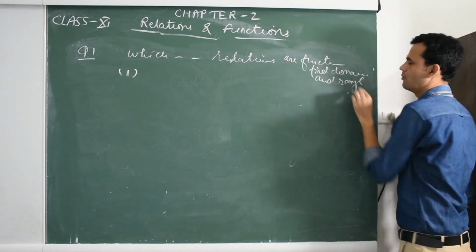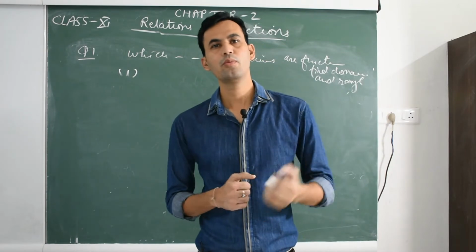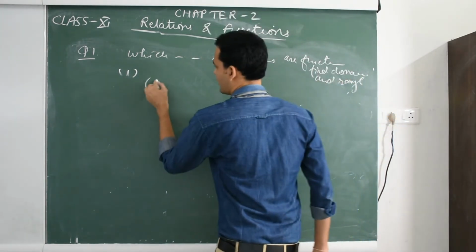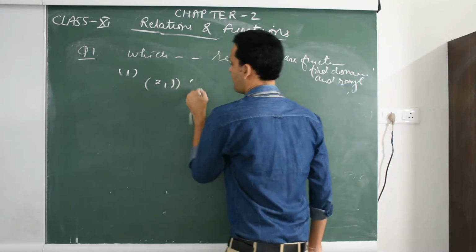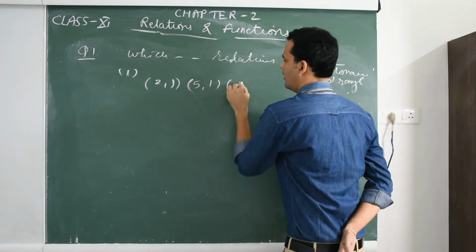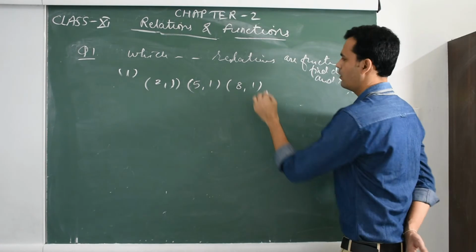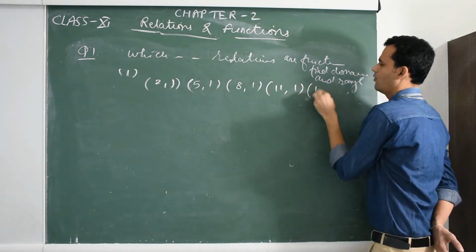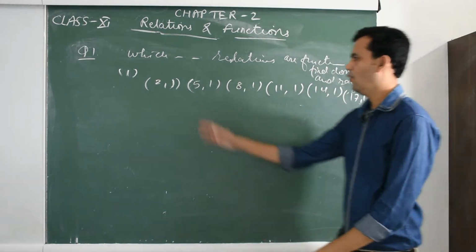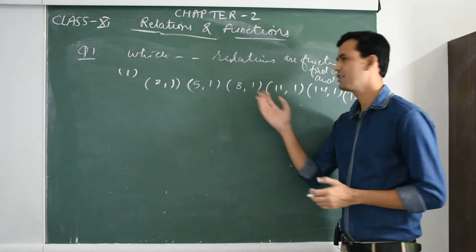We have to find domain and range also. Domain and range we discussed in our previous video in 2.2 exercise. So, question is given as (2, 1), (5, 1), (8, 1), (11, 1), (14, 1), (17, 1). So, this is the relation, and we have to find whether this relation is a function